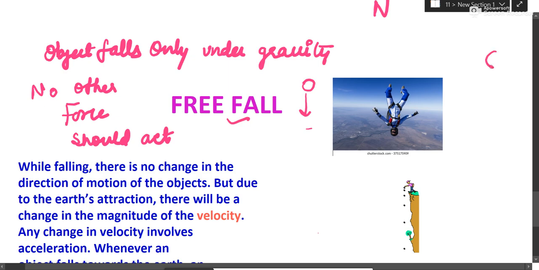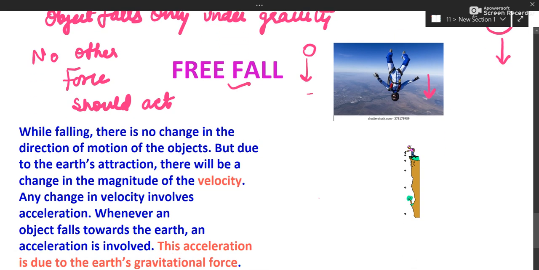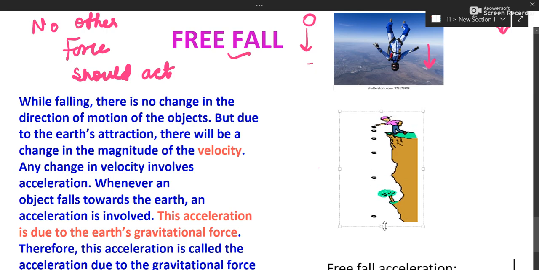For example, this is a stone, this I've dropped, so now it is falling under gravity. It should not be tied to a thread. That is what we mean. This man is falling under gravity. After that we have another topic. Let us see that. When an object falls freely, then what happens? Slowly its velocity increases. You can see in this picture